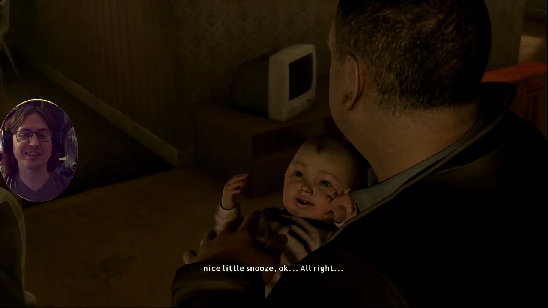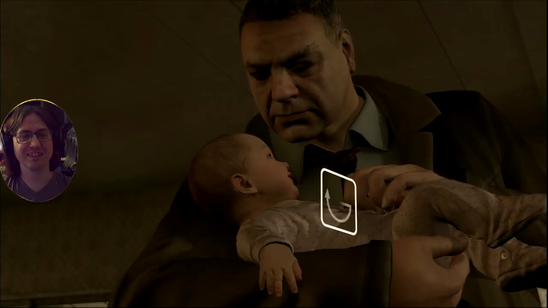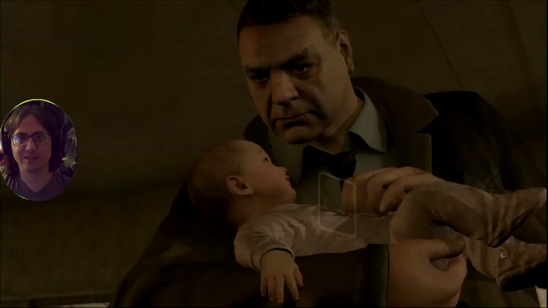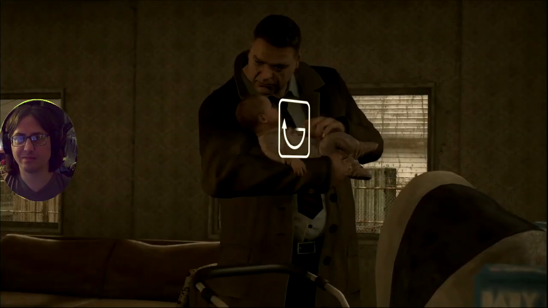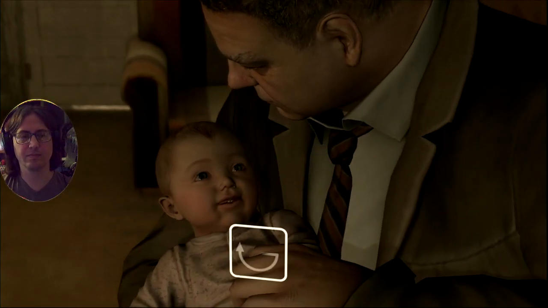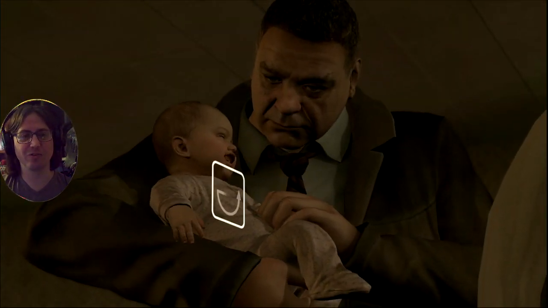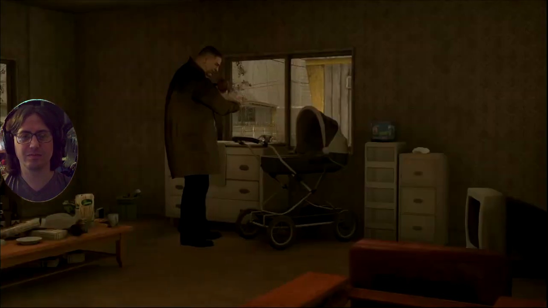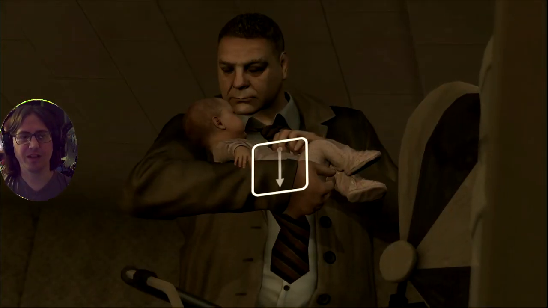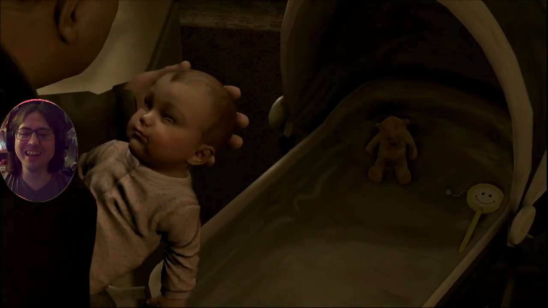Or am I going to shake you to death? Because it's going to be like gently. Or I'm not going to do anything because keyboard and mouse. Because it doesn't work on controller. And then throw her out the window.